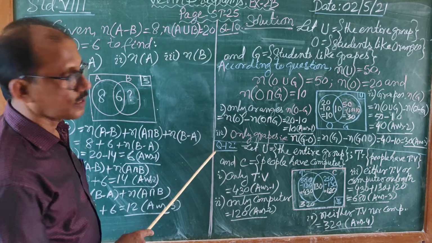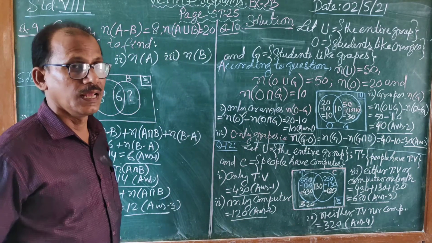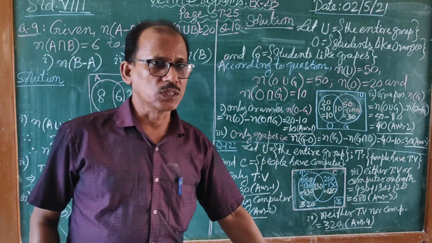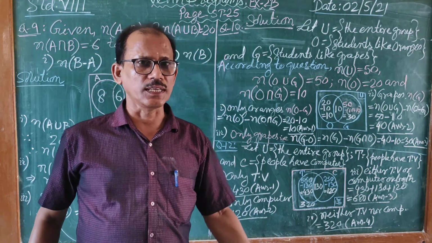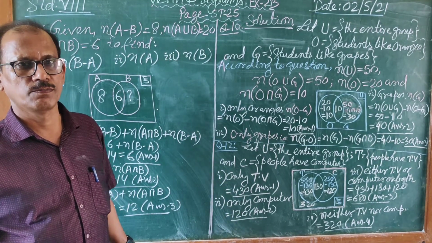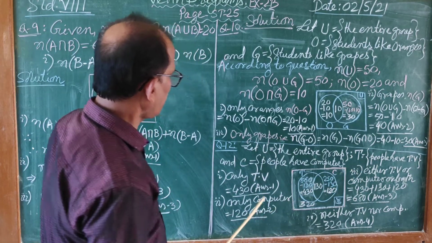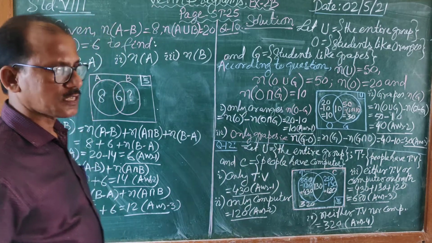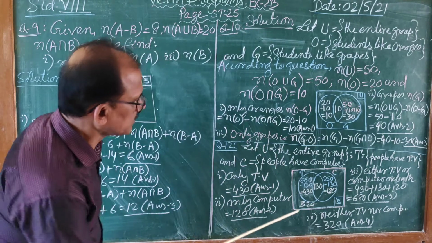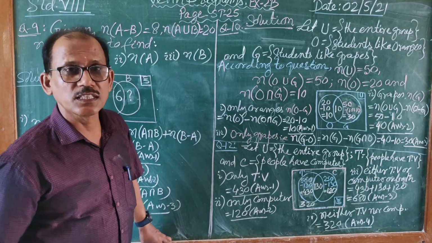Okay, now moving on to question number 12. Question number 12, again a statement is given to you. Here, neither of the things is there. Among both, some people have neither TV nor computer. In a society, there are thousands of people. Some people have TV, some people have computer, some people have both. But some people have neither TV nor computer. That means this part is also there. So this is again overlapping each other because both are there.